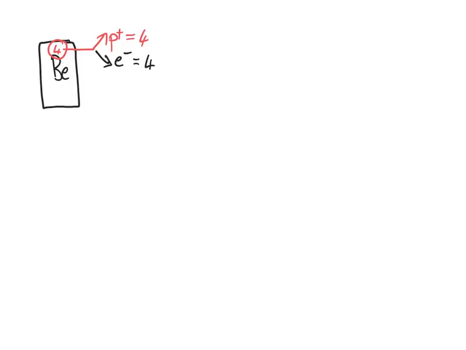The mass number is 7, which means that the number of neutrons is equal to the large number, the mass number, minus the smaller number, which is the atomic number, the number of protons, and so the number of neutrons